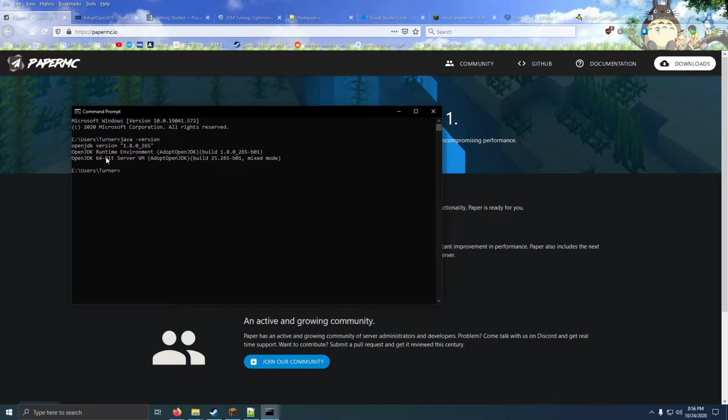If your command prompt says command not found or not recognized or an error message, that most likely means you don't have Java installed, so you need to install it. If this looks different than what mine looks like, it just means you have another version of Java installed, like from Oracle's official website or something. But what you want to look for is the version number, and whether it's 64-bit or 32-bit. And if you have a 64-bit computer, you want to download the 64-bit version of Java. So to check your computer, go to Start,